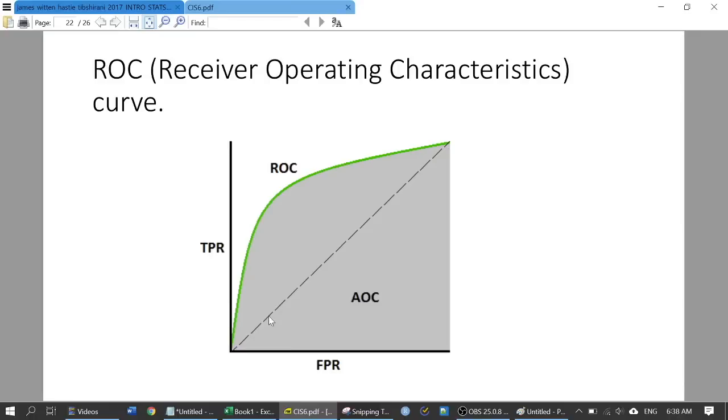If your model is just on top of this baseline, it means that your model is not performing at all. You better have random guesses instead of building the model. So if your model is very close to this diagonal line, it means that your model is not good at all. However, if your model is going up much further from this line, just like the green line here, it means that this model is good in